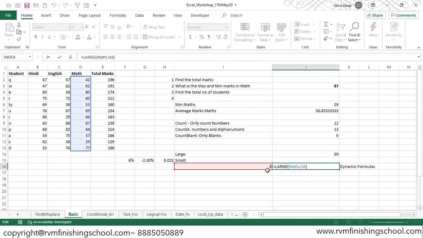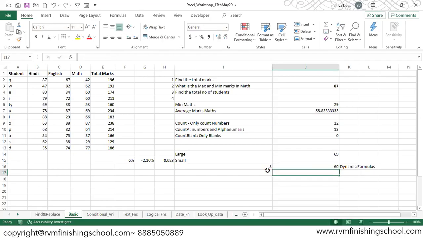So whenever the cell value is changing, the value of my formula is automatically changing. A simple example of how we can make dynamic formulas. So in your work life, avoid creating formulas which are hard coded, manually inputted. Try and make formulas which are more dynamic in nature. Now let's create